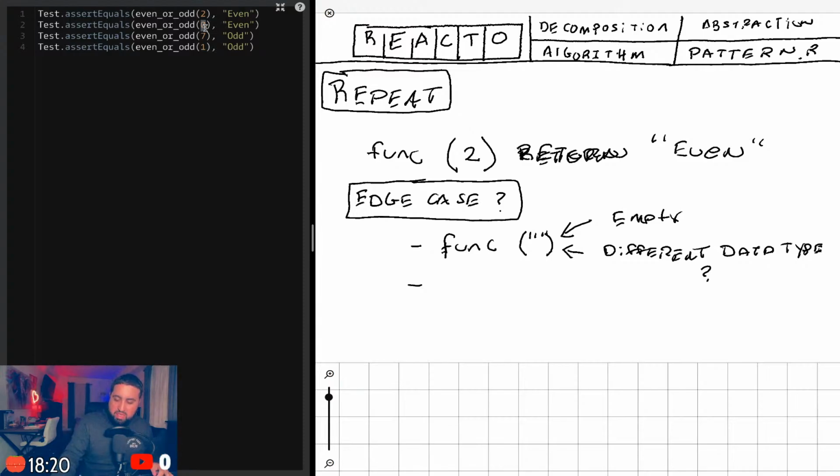And sometimes it throws you for a loop, because you think you have the answer because you passed the initial test case, but then when you run it, it's like, oh wait, what's this? I didn't account for this. So edge cases is the thing I'm starting to get better at and think about in advance. What are some of the things that could potentially be passed in as an input to that function?